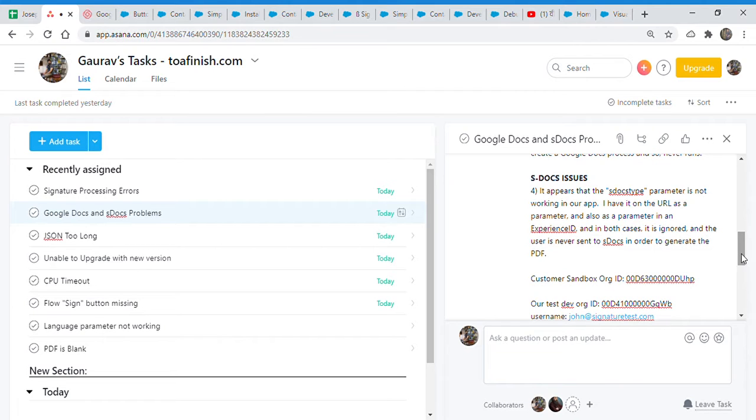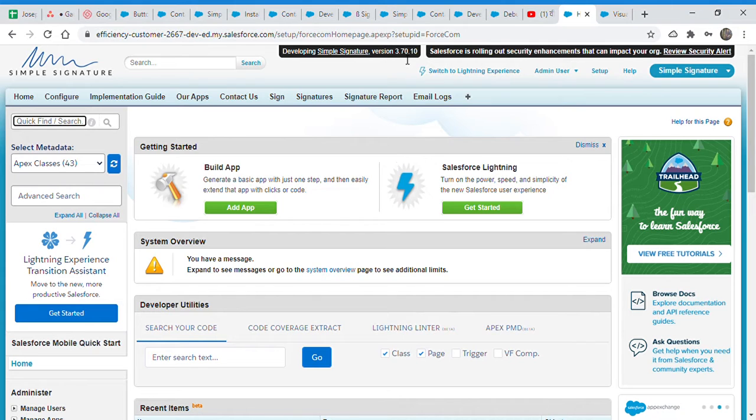SDocs type, I think I have never worked with SDocs type. I have seen this parameter in our code, and while I was creating a separate class like parameter utils which manages all the parameters, I had added this subject type parameter, but I never knew what the purpose of this one was. So I just moved back a few versions, like I am here at 3.7, and I try to figure out what's the purpose of this docs type.